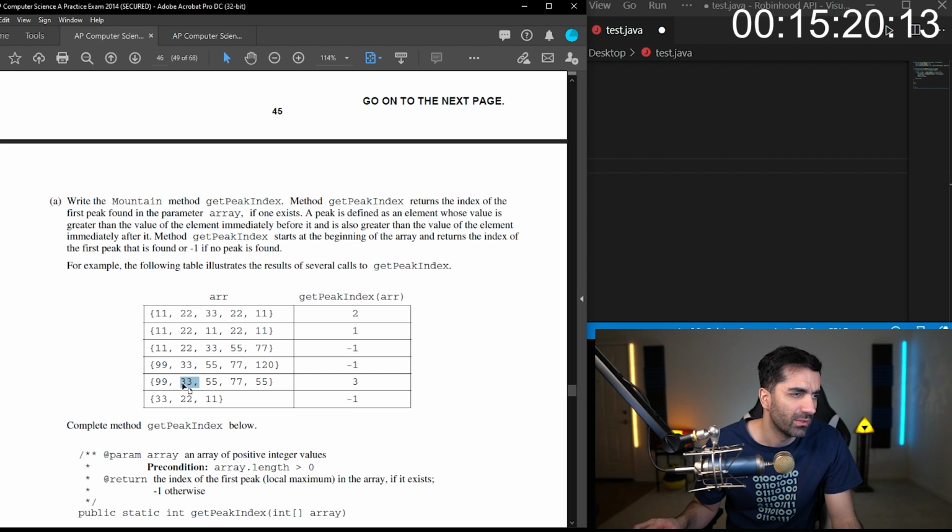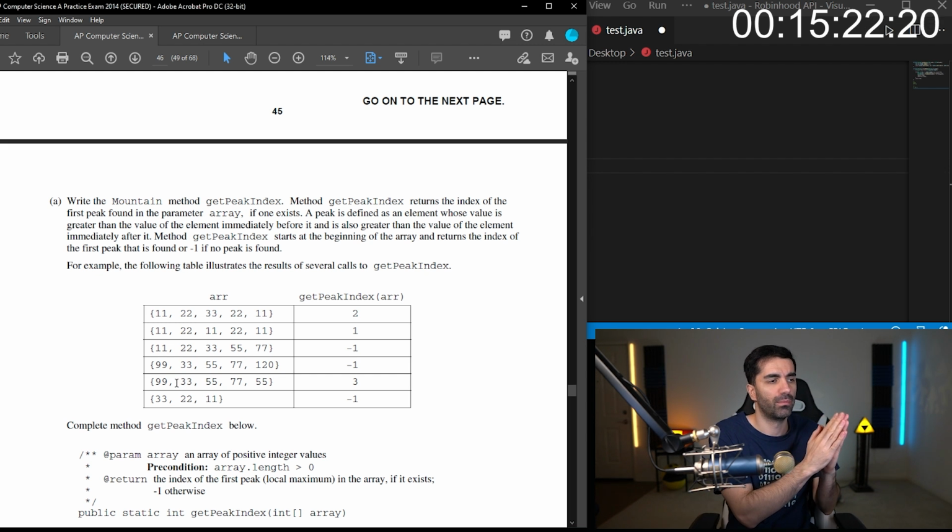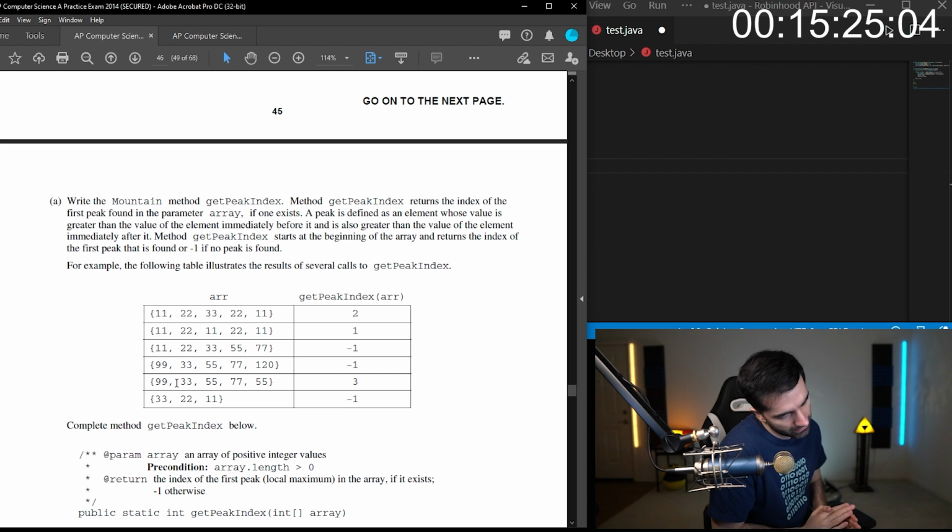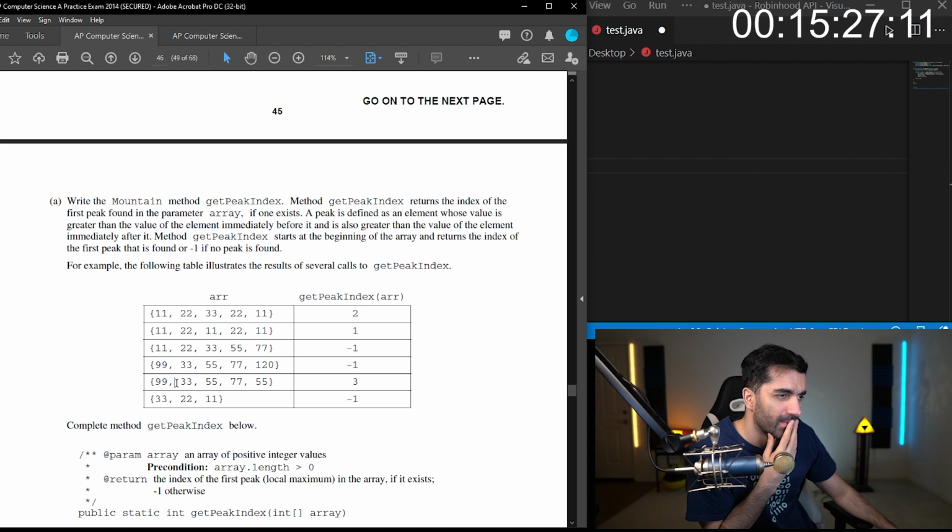But this one would be. So there has to be something before it that's smaller. I think that actually makes things a little bit easier.